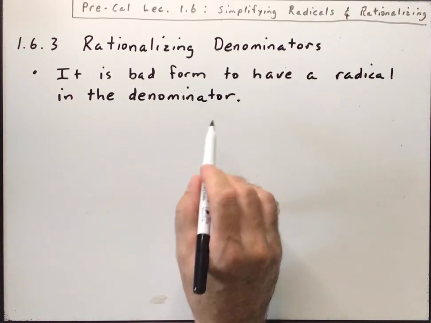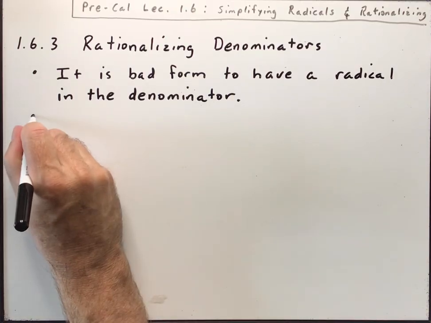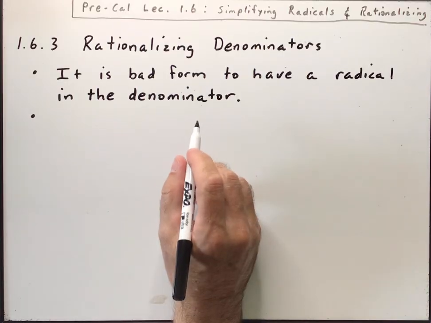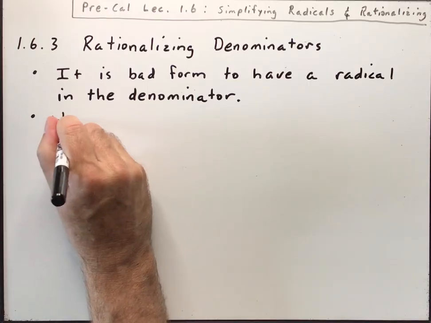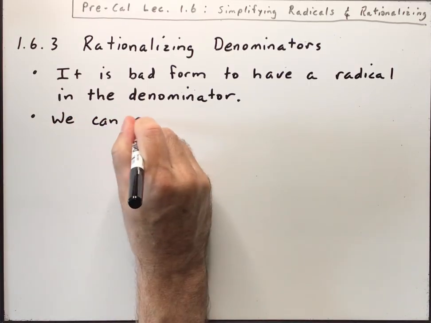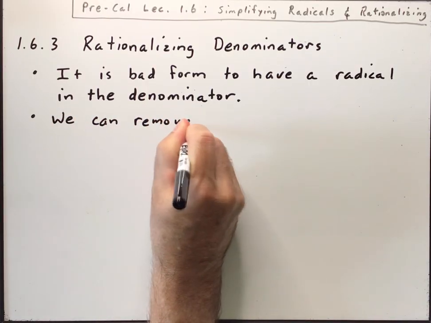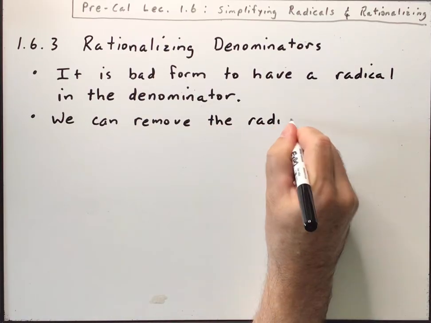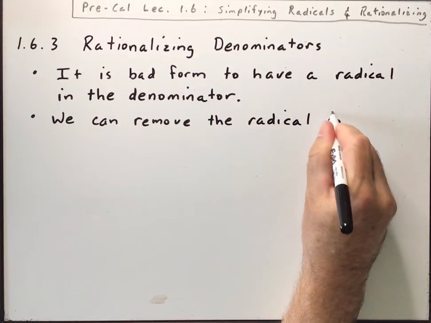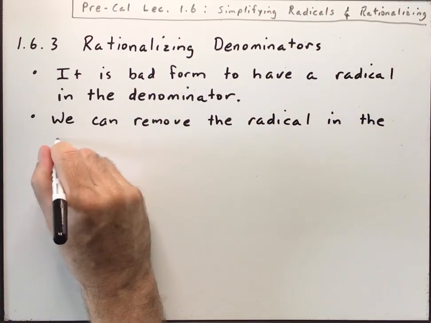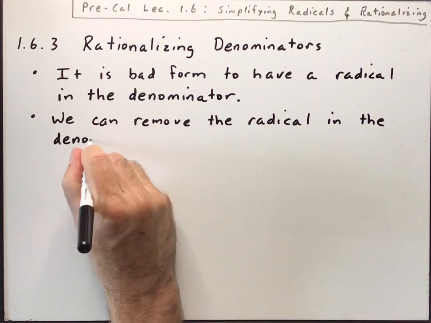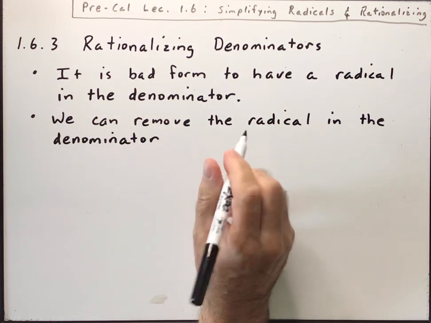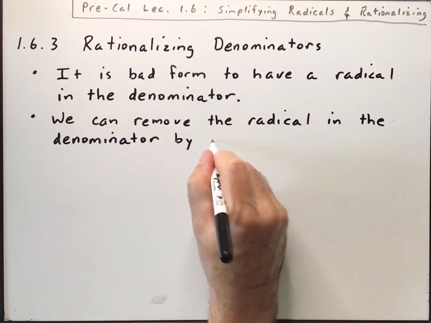I don't know. I don't see anything wrong with it, but mathematicians who may teach you in the future think it's bad form. So we can remove the radical in the denominator by multiplying the fraction